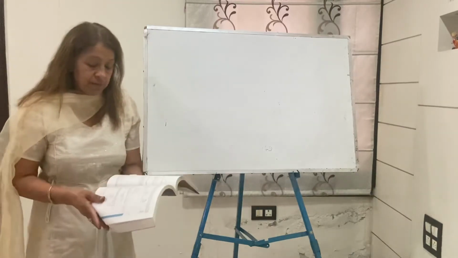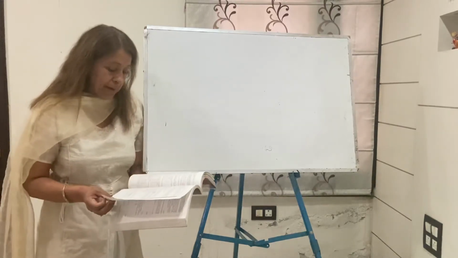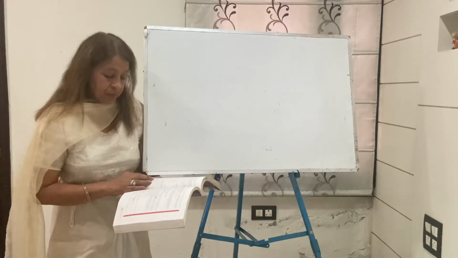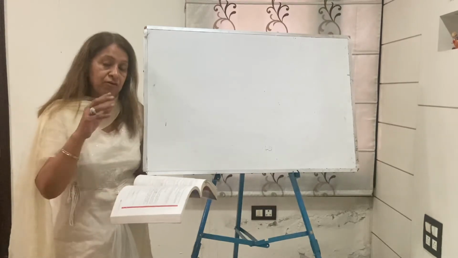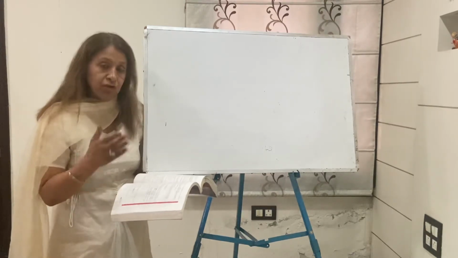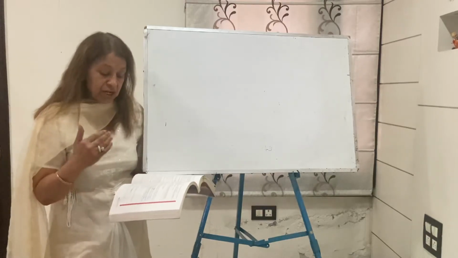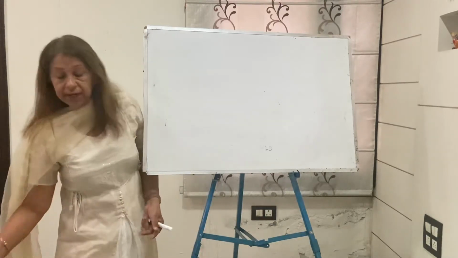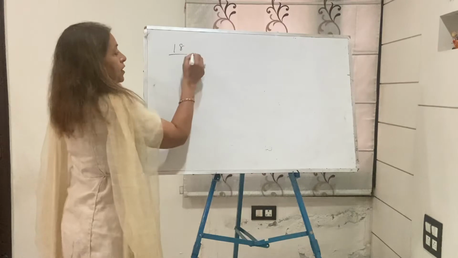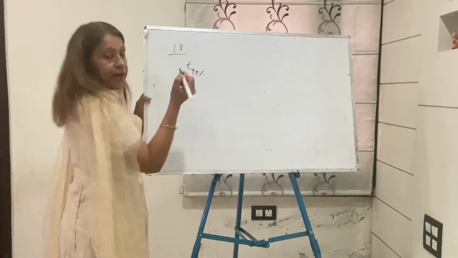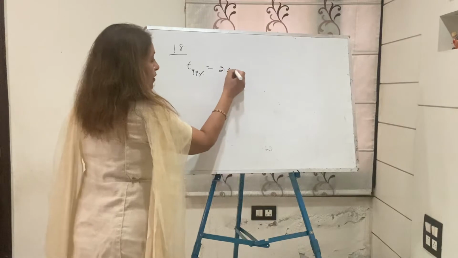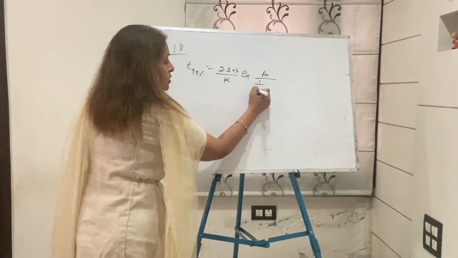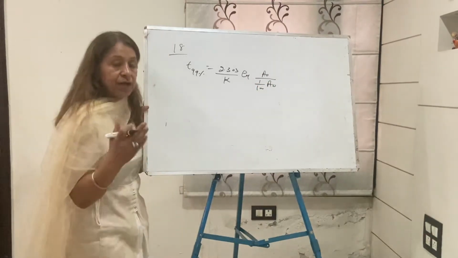This is the numerical. The same type of numerical is an exercise that I have already given. Now I am taking the next category. Open the exercise again. In the exercise, the numerical I am taking is number 18. In it, we will derive a theorem, for two cases: one for 99% completion and second for 90% completion. Right, question number 18. 99% completion. T99% is equal to 2.303 by K log A naught by 1% of A naught.